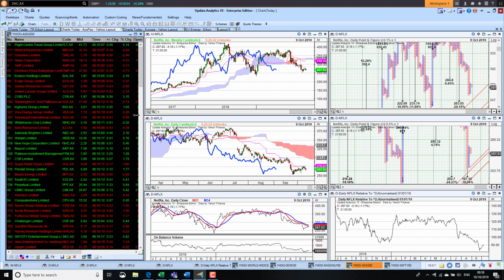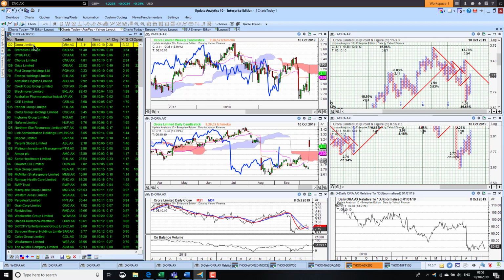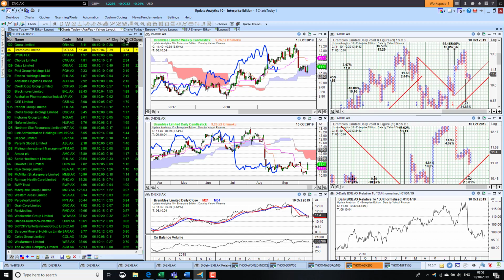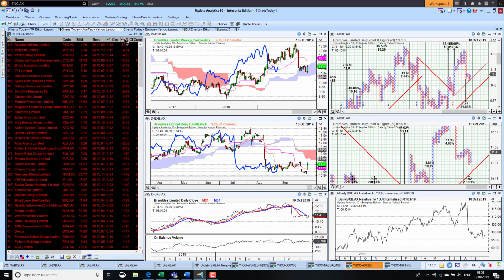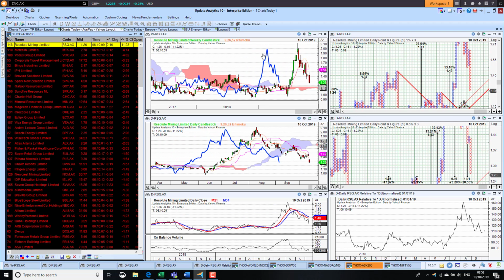Taking a look at the Aussie market now, the best performer overnight was Aurora Limited. They were up 14%. Not enough to take this chart bullish though. Brambles Limited were up 3.5%. Again, not enough to change that medium-term picture. On the downside, we had Resolute Mining down 11%. They're starting to see a real fall away over the last few weeks, and we're seeing that showing up here